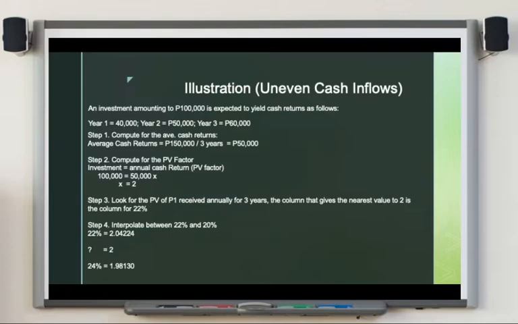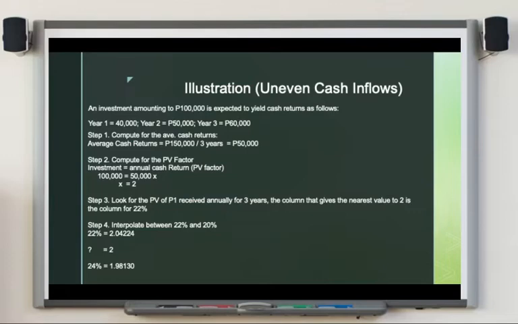So for this one, since this is uneven, we cannot simply copy one of the values from year 1 to year 3, but we need to get its average. So you sum up all the cash inflow, that's 40 plus 50 and 60, divide by the number of years expected to be received, and that is 3 years,